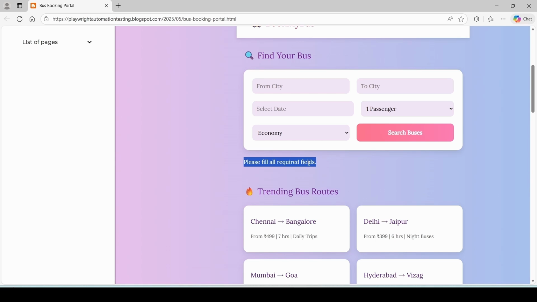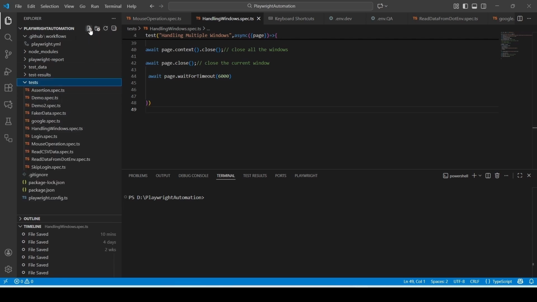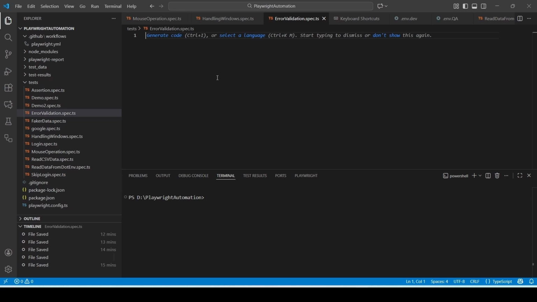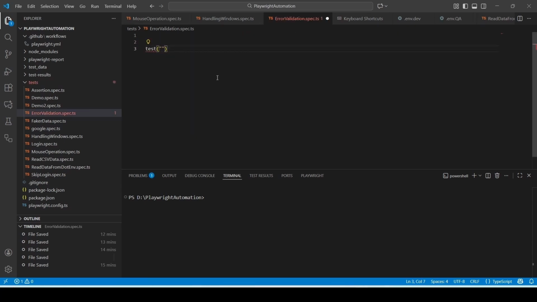Now let's start writing the automation script. First, I'm going to create a new spec file under the test folder. So select the test folder, I'll create a new spec file. The spec file name I'm going to give is errorvalidation.spec.ts. So here inside, I'll develop the test method, test title